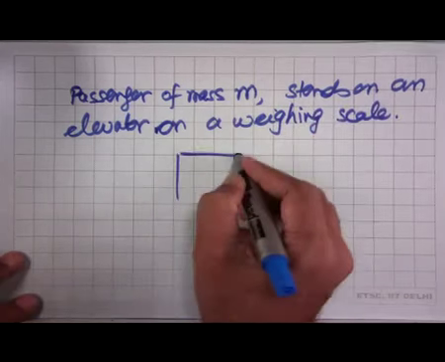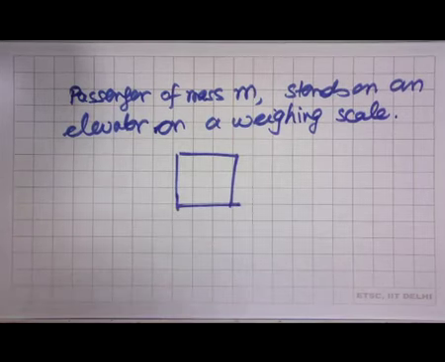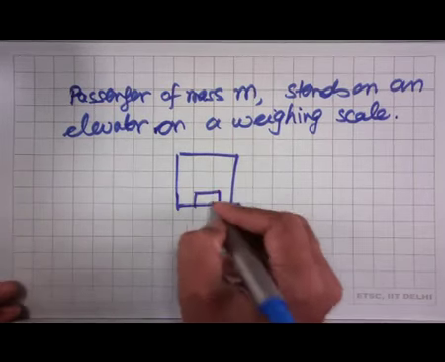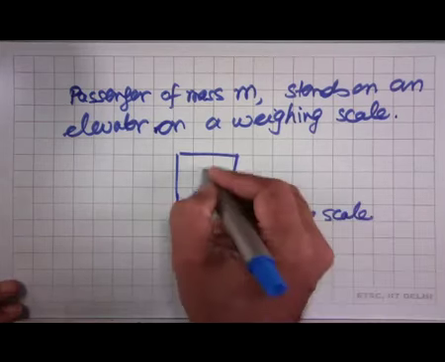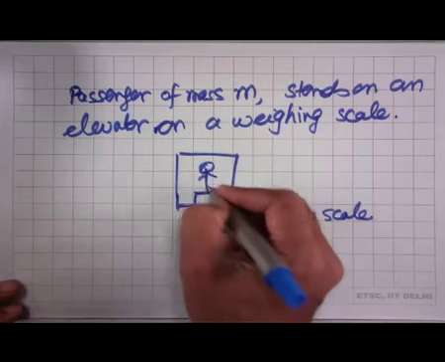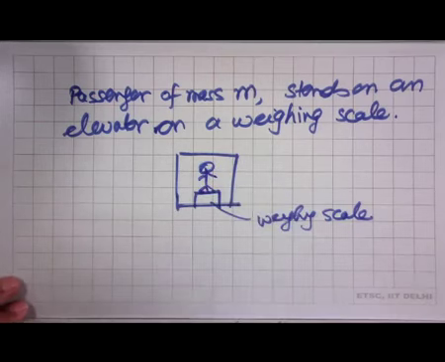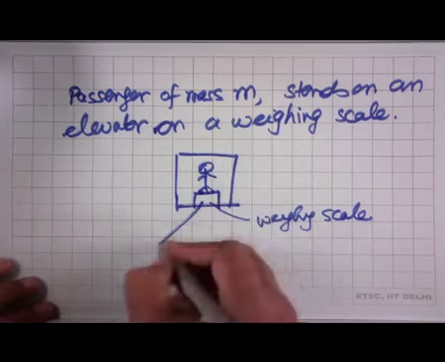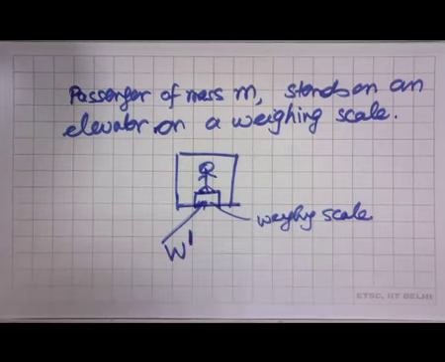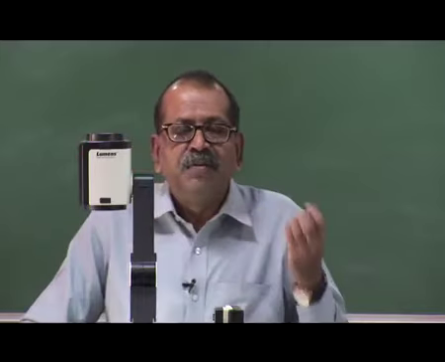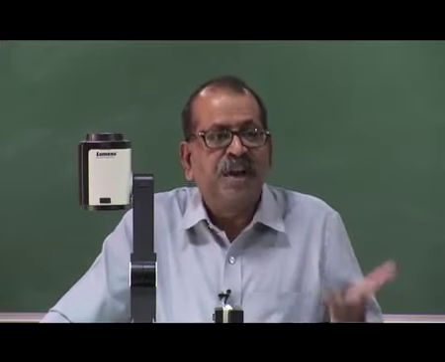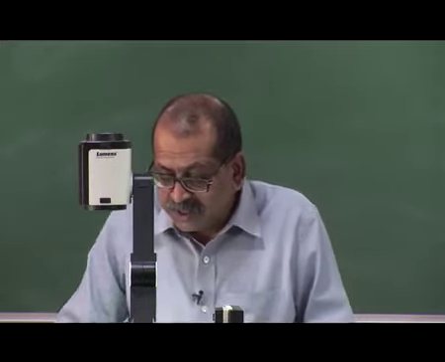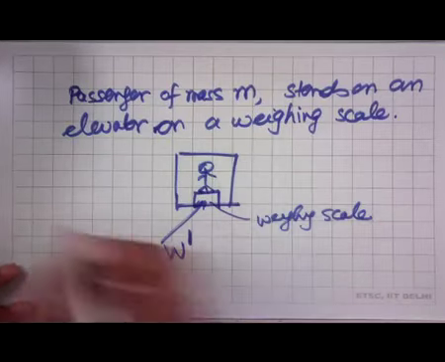That means, let us say this is the compartment of a lift on which there is a weighing scale and a person is standing on the lift. Let the reading taken by the lift be W prime. I am taking it as W prime because normally we expect the weighing scale should tell you the weight, which we call W, but what we will see is depending on